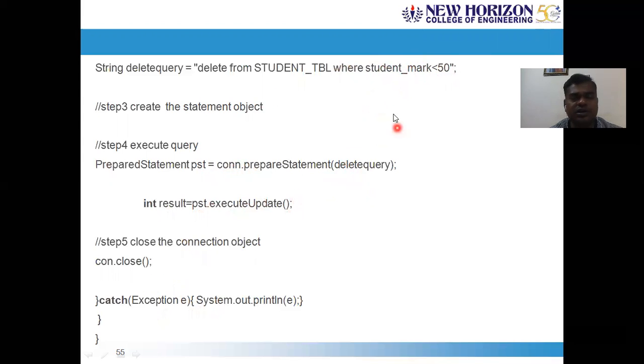Suppose I ask the developer or application user, I need to fetch the students who got marks less than 40, or less than 30, or less than 70. If that condition is changing repeatedly, what you can do is student_mark less than question mark. So that question mark integer value you can attach during the runtime. So that is fine. That we can do and handle the exceptions.